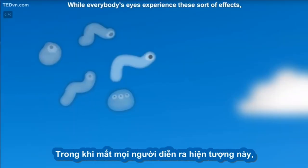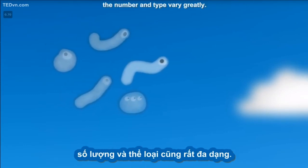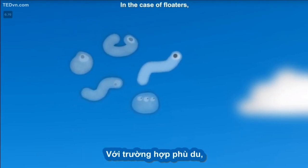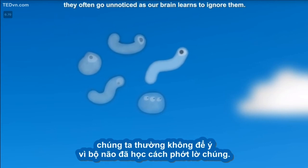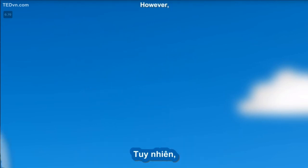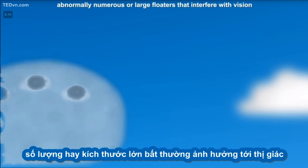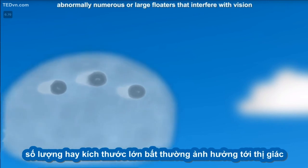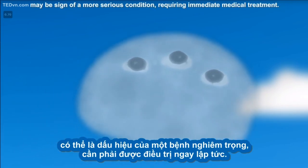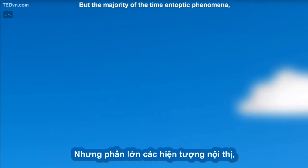While everybody's eyes experience these sort of effects, the number and type vary greatly. In the case of floaters, they often go unnoticed as our brain learns to ignore them. However, abnormally numerous or large floaters that interfere with vision may be a sign of a more serious condition requiring immediate medical treatment. But the majority of the time,